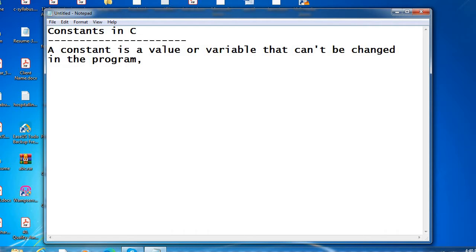For example, 10, 20, the letter A, 3.4, "C programming", etc. So like this, we have different letters, numbers and sentences. A constant is a value or a variable that cannot be changed in the program.